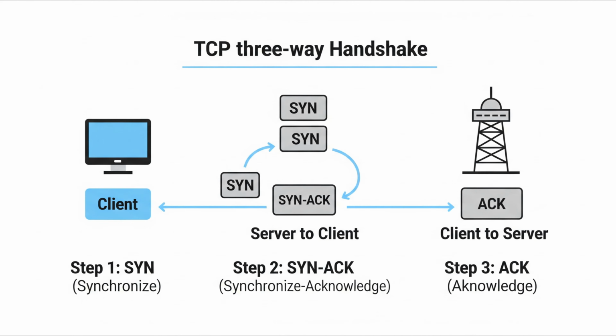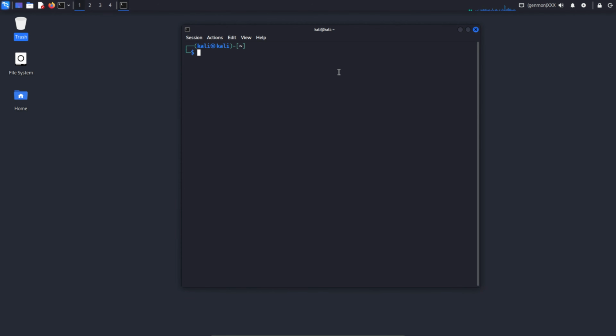TCP, Transmission Control Protocol, works like a reliable human conversation. When you connect to a server, for example, when you visit a website, TCP first performs a 3-step handshake. Nmap is used to gather detailed information about a target system. Here's the command: